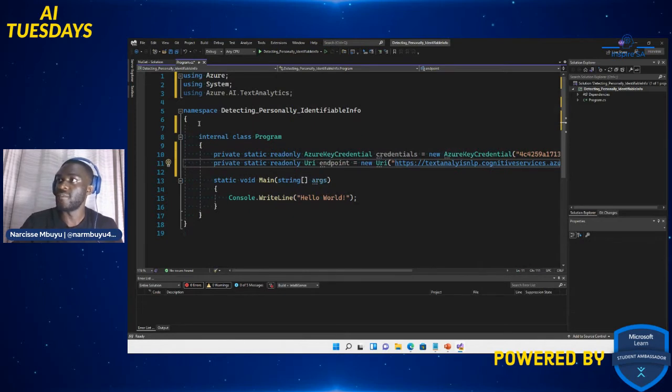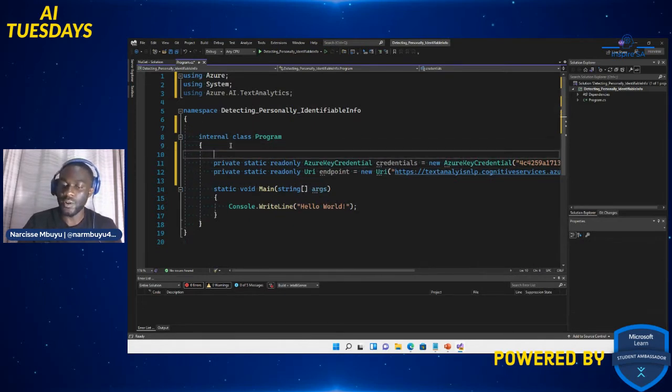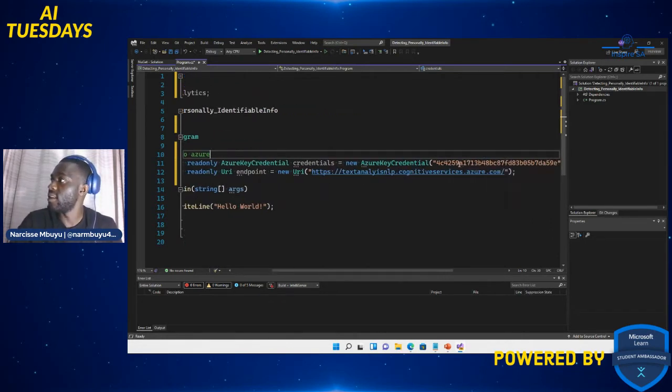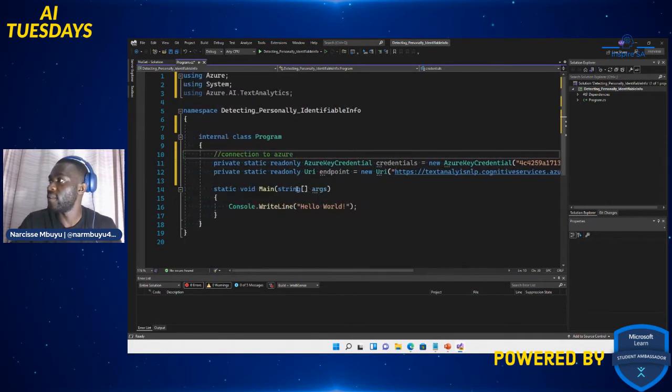Boom, now it's working fine. Let's put a small comment, connection to Azure. Go to your resource that you created in Azure, get the key and the endpoint and paste it here, as I pasted mine over here. So now my connection is set.